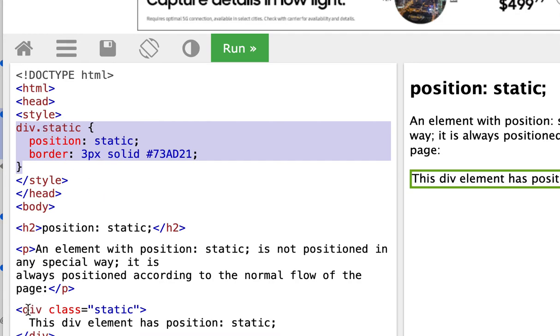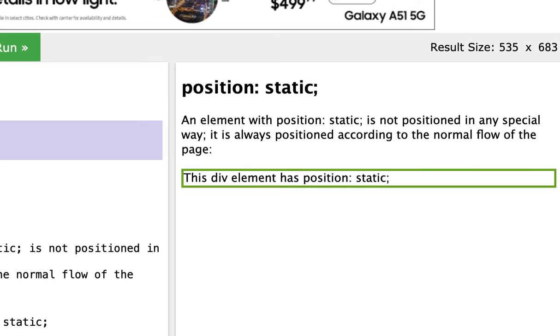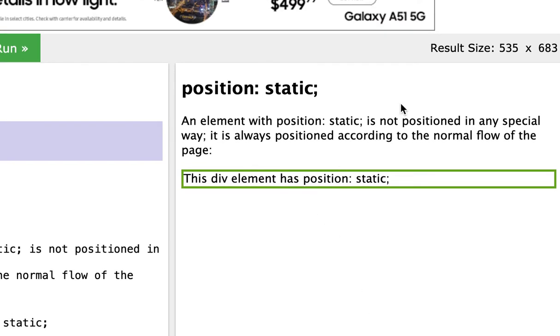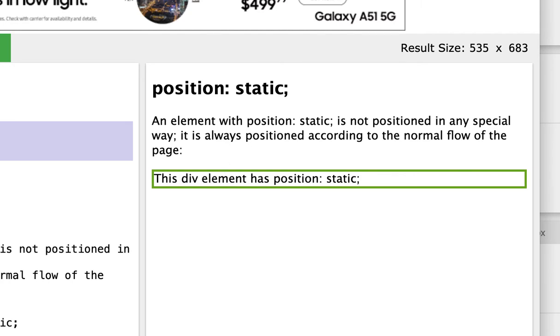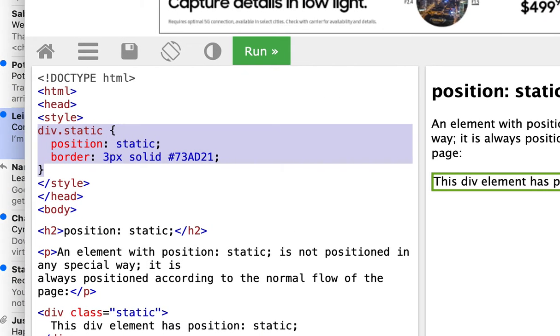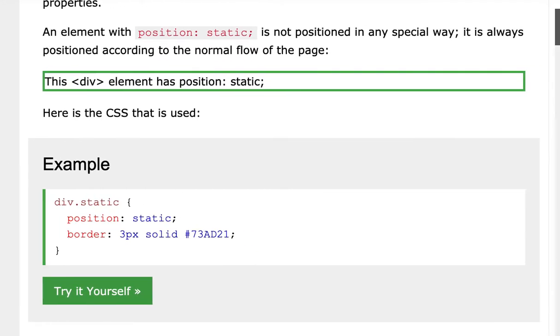So here's our div. The class is static, so I think I said that correctly because it has a dot in front of it. And if we go over, this is what's going on. The div with a class of static, the position is static, and the border is 3 pixels in green. And this is it. There's no magic thing. It's just placed very basically in the text. Okay, so we're going to go back out of this and on to the next